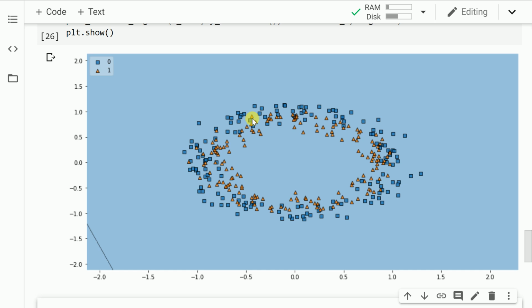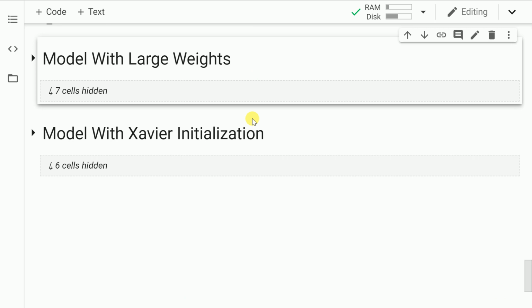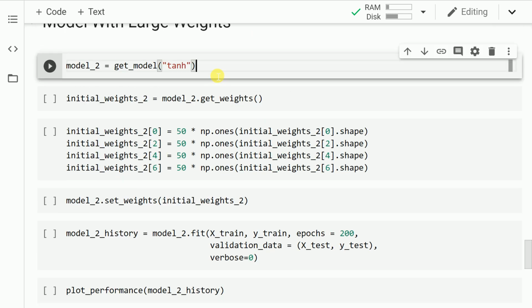So this is one of the major drawbacks if you use very small weights in order to create the best possible classifier. Let's move forward and look at an instance when you have bigger weights in the picture. In order to create a model which is randomly initialized to large values, the entire process still remains the same. The only change that I've made is rather than having a small value, which was 0.00001 in the previous case, I've taken a big value, which is 50. So let me run the cell.